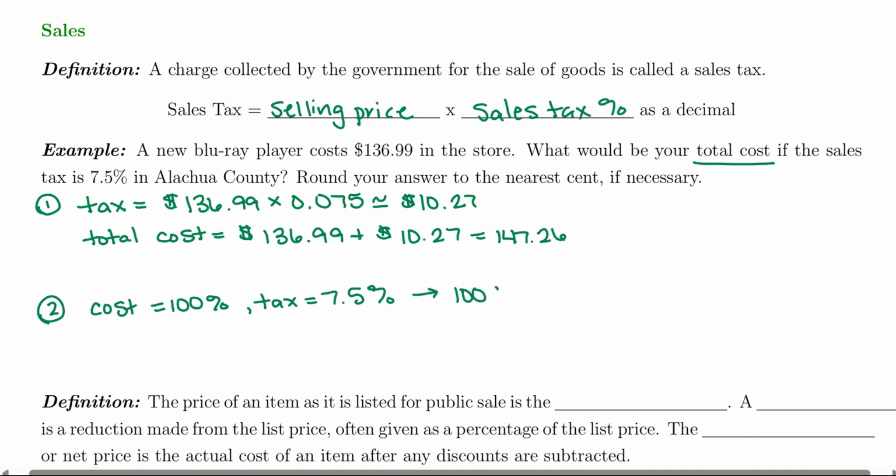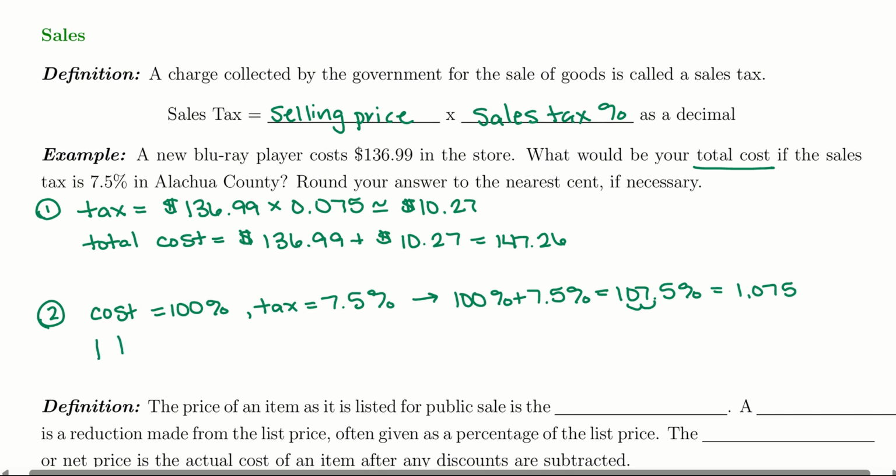100% plus 7.5% is going to be 107.5%, which if we write as a decimal, because we do need to take the sales tax percent as a decimal when we find these prices, we move our decimal place over to the left 2 and we get 1.075. So now we can skip straight to finding the total cost